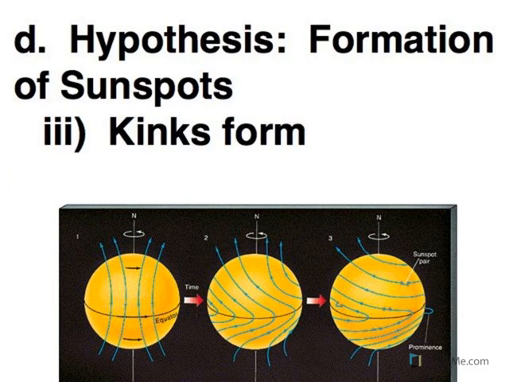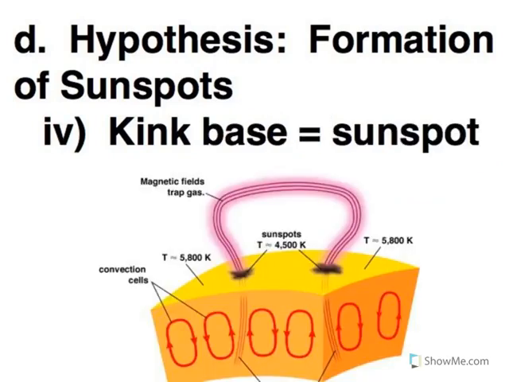When it gets very distorted, that's when we get the formation of kinks. Now these kinks are what we see as prominences. So that same little loop of material that we saw as a prominence in the chromosphere is directly linked to this stretching of the magnetic field. So we've got these little kinks. The base of the kink